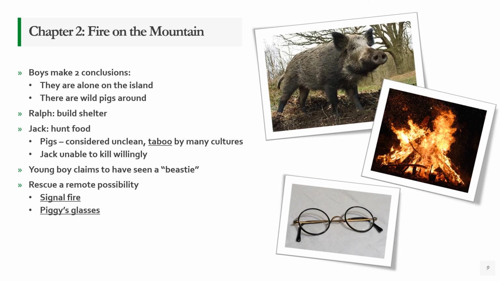It gets filtered through the glass lens. And when this fine point of light lands on something that's flammable, it can potentially catch it on fire. Okay? And that's exactly what ends up happening here. Okay? Ralph takes Piggy's glasses, borrows them here, and uses them to burn some dry grass, which then catches fire, and the boys end up with a signal fire. Okay? It's a pretty ingenious way of doing this.